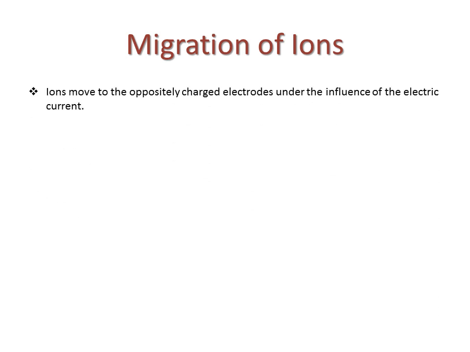Generally, ions are of two types, positive ions and negative ions. Positive ions are called cations and negatively charged ions are called anions. Ions move towards oppositely charged electrodes under the influence of electric current. That is, cations move towards the oppositely charged electrode, that is the cathode, and anions move towards the oppositely charged electrode, that is the anode.